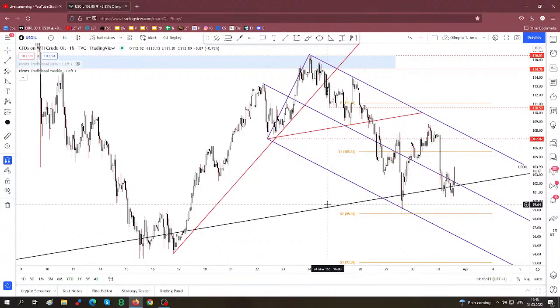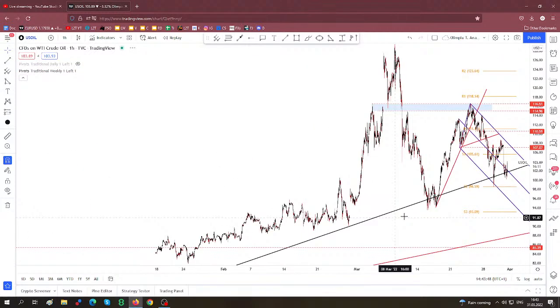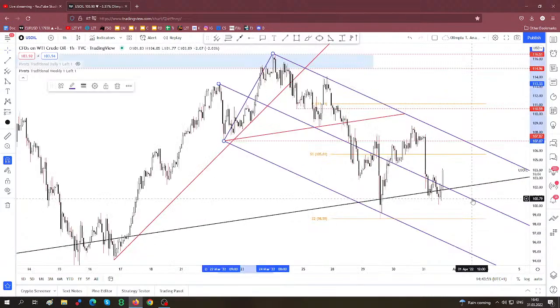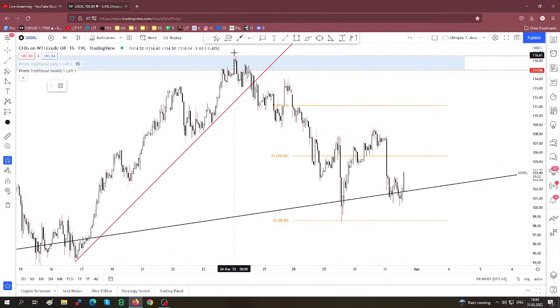So US oil, let's take a look here. So an immediate uptrend line, retests of this uptrend line. Maybe personally I will delete this descending pitchfork. I will delete these drawings maybe. Right now it's premature to say that we'll have an upside continuation, but yeah, as you already know,